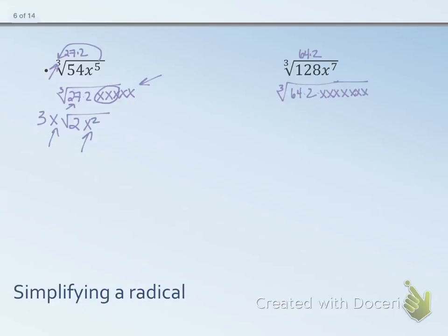If I'm writing it out the long way, the cube root of 64 is 4. I still have a 2 on the inside. I'm going to move that 4 over. This was supposed to have a cube root on it. Okay. If I was doing the grouping method, I would group them by 3's again, because it's a 3 sitting out here and I wanted 3, so I have 2 sets that came out and I have 1 that's